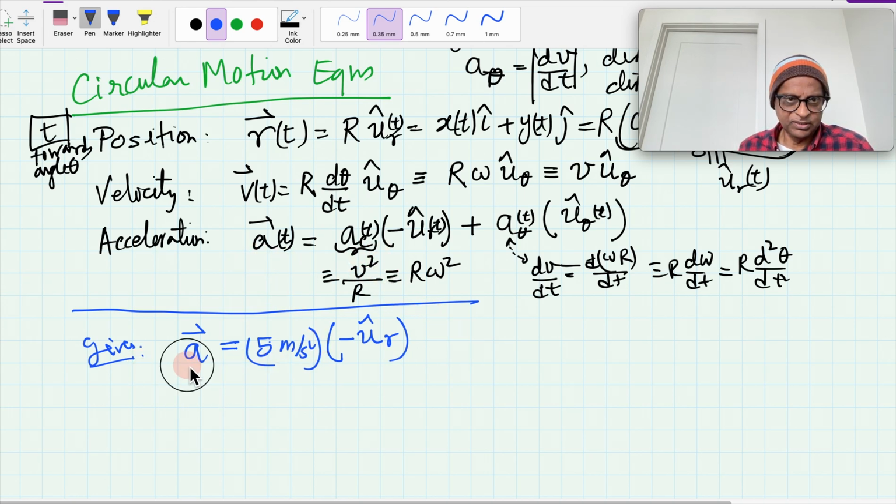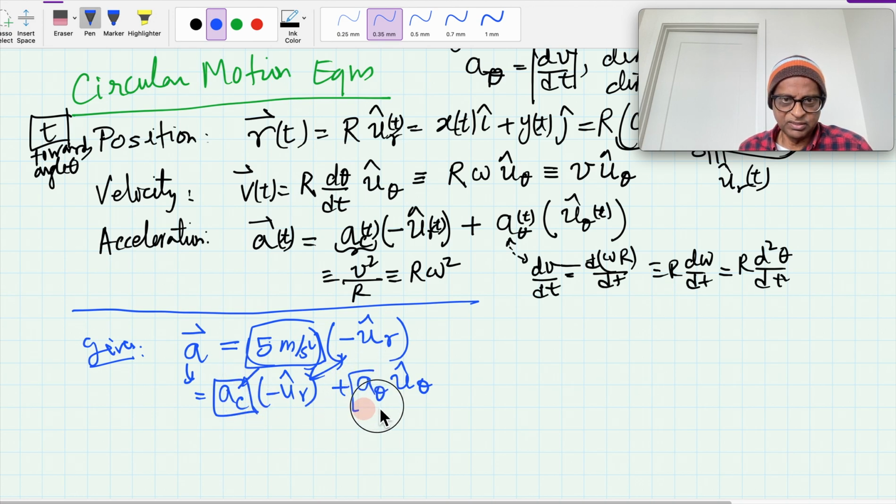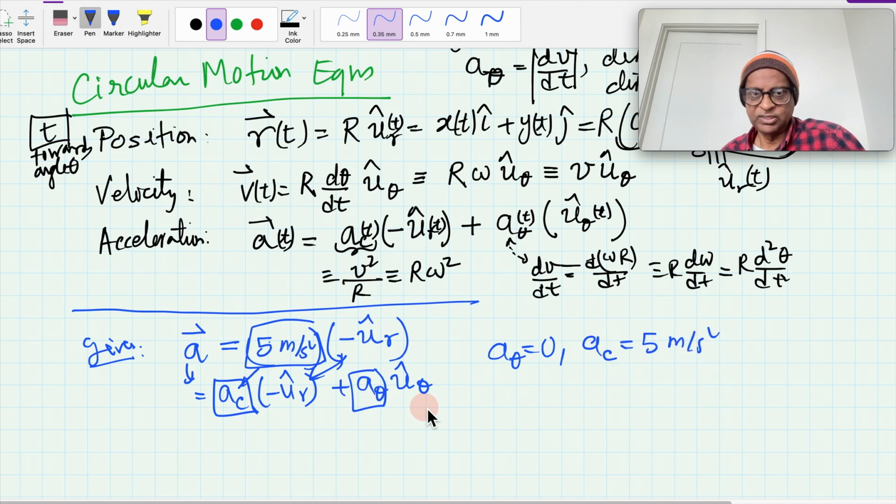It's a centripetal minus u hat r plus a tangential u hat theta. So this will be just that guy, and this a theta will be 0, and a centripetal will be 5 meters per second square. So just how you compare